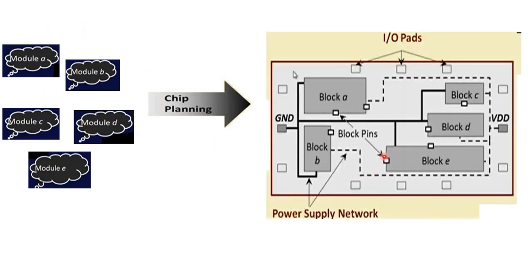Here are the different modules. I build my modules like this: block A is present here, here I build block B, then block C, block D and block E. This is our floor area, and here we constructed our blocks. There is a separation between these two blocks. Why are they separated? Whenever we want to move from one room to another room, we need some area. For that purpose, I separated these two blocks.